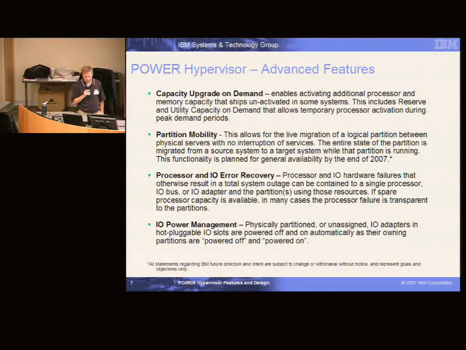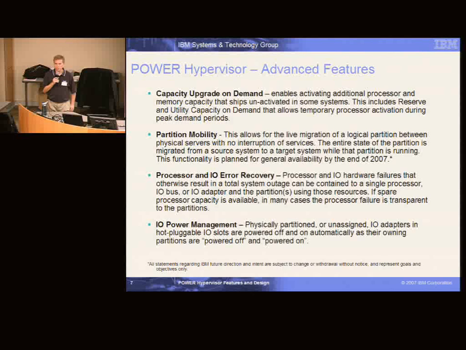And then I don't have it listed here, but there's another thing I thought about when I was reviewing this. Another nice feature we have is concurrent firmware update. We have a couple releases of firmware a year, and then we have several service packs to do fixes to those releases. And when we do a service pack to put fixes out for release, we don't require the customer to reboot their system to apply that. We've developed a set of tools and technologies that we can basically examine what code did they change to make the fix, package just those changes up into a binary, and then modify the existing firmware that's running on the system to use that new code